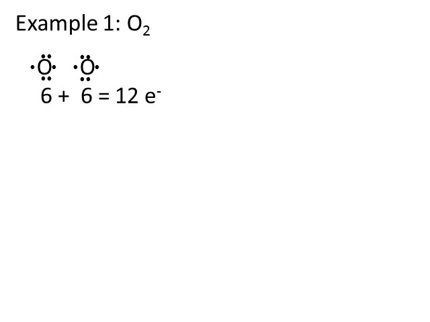Each oxygen has 6 valence electrons for a total of 12 valence electrons. So when drawing oxygen, I'm going to have 12 valence electrons involved in their bonding. We always start with a single bond. If it does not work with a single bond, then you move to a double. And only if you cannot get a double bond to work do you move to a triple bond. My final molecule of oxygen can have no more than 12 valence electrons because that is the sum total of